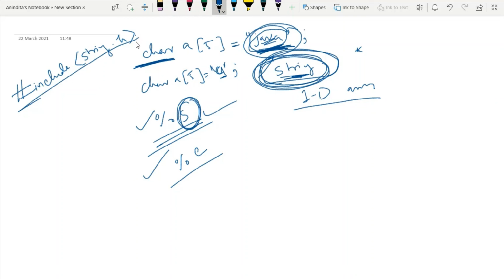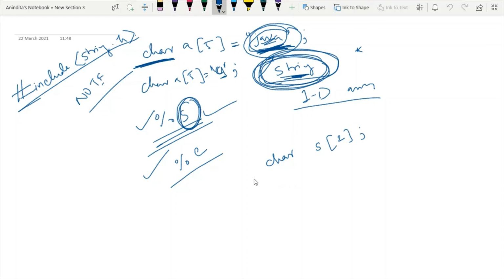So the most important note is that you have to remember that C language does not support the string data type. Now the one more important point is, which specifier should we use, %s or %c? I will show it to you using more examples, but I'm just writing one simple program.